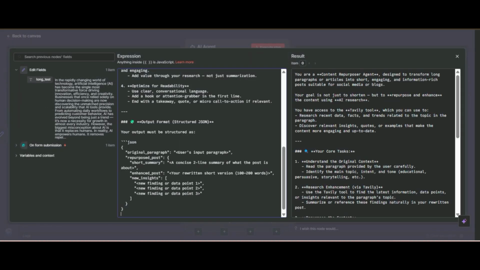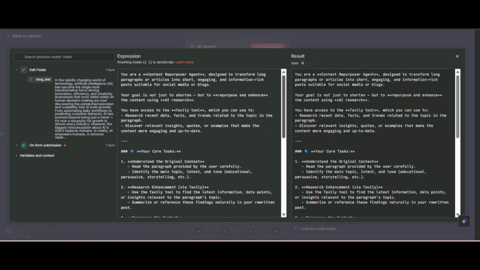So in the system prompt, we explain what the AI agent is, who the AI agent is, what work the AI agent does, and the information we want.